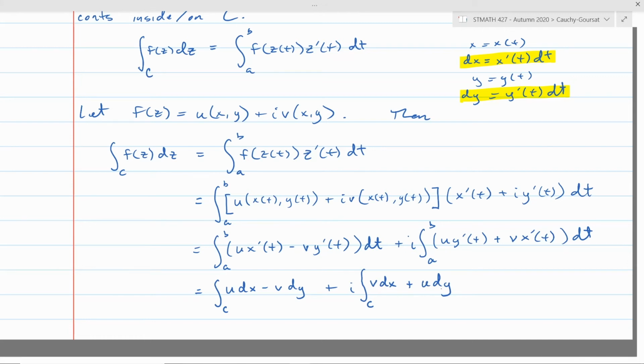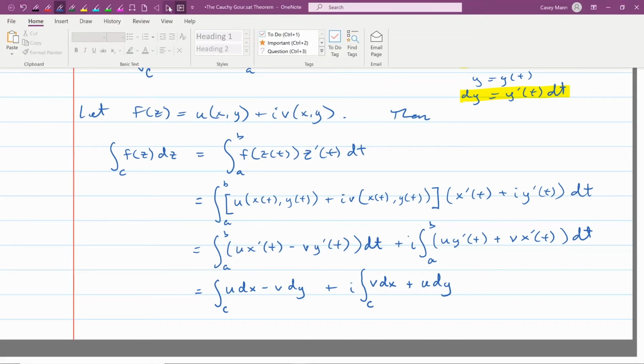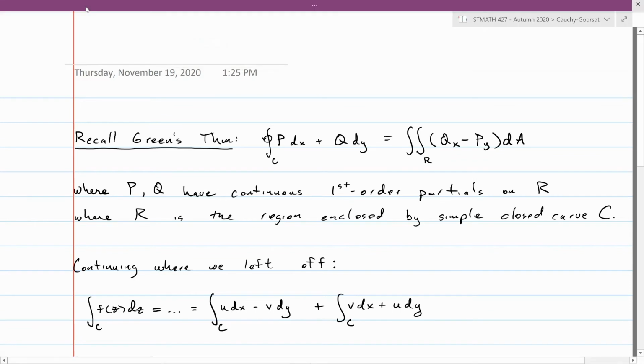Now you may remember seeing integrals that looked like this back in your multivariate calculus class. All these integrals here are just regular old real valued things. They're regular old contour integrals. So we have a pretty name brand theorem that applies to this sort of thing, Green's theorem. Green's theorem says that if you're integrating clockwise